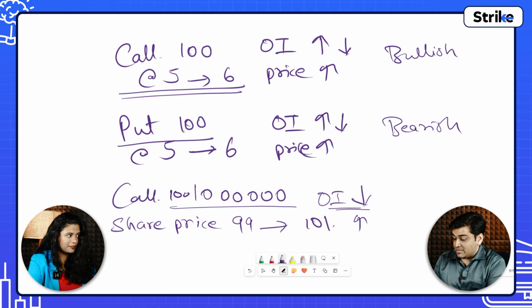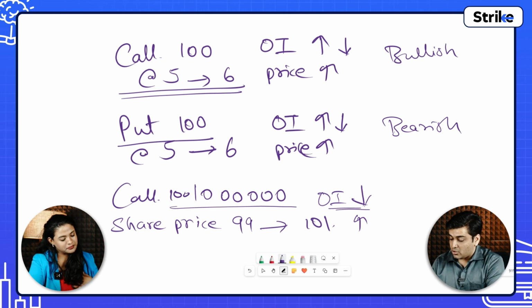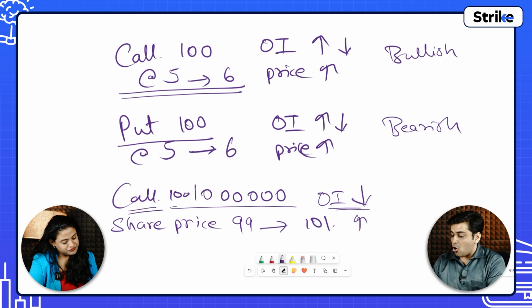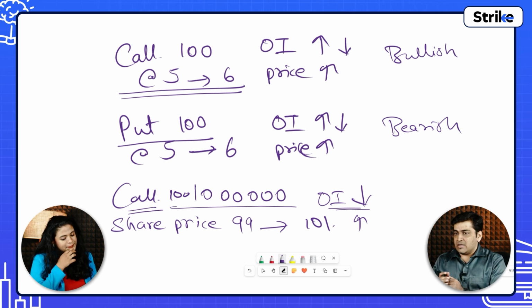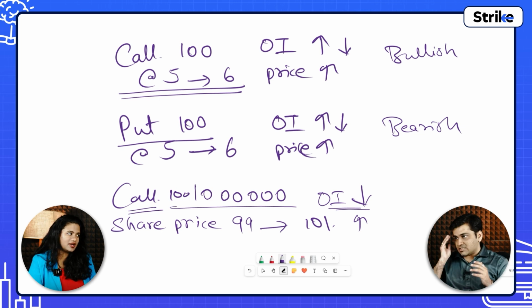Short build up. Yes, in the call option, open interest was built up. That was long first, and now we have to understand there is a buyer and a seller. Generally, the retail people are the buyers, and the institutions, the big hands,